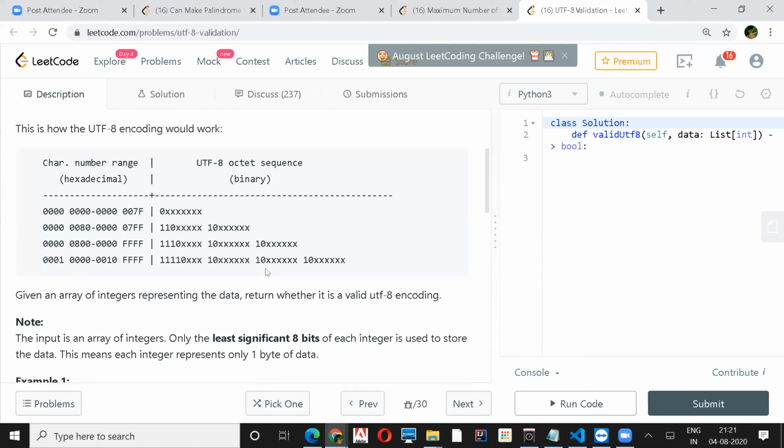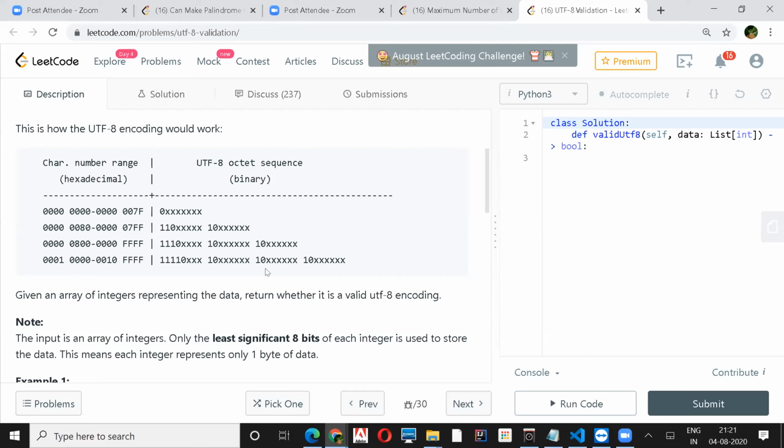So we don't have to verify anything in the first byte. We just have to take those 2 bits, 1 and 0, for the second case, and all the Xs we just ignore completely. Don't have to worry about that, that is their internal thing.